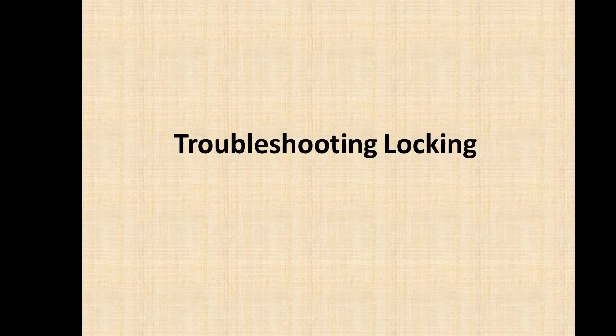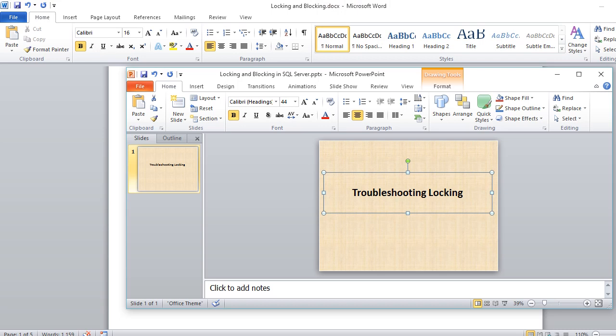Today we are going to see how to troubleshoot the locking situation. As we have already discussed in the last session, we tried to apply a shared lock on a resource which already held an exclusive lock, so the second connection, the second select statement, was blocked. So how can we find that out? We will see. Also, we will see the real-time scenario. We will use some system dynamic views to find out the locks. So let's start.